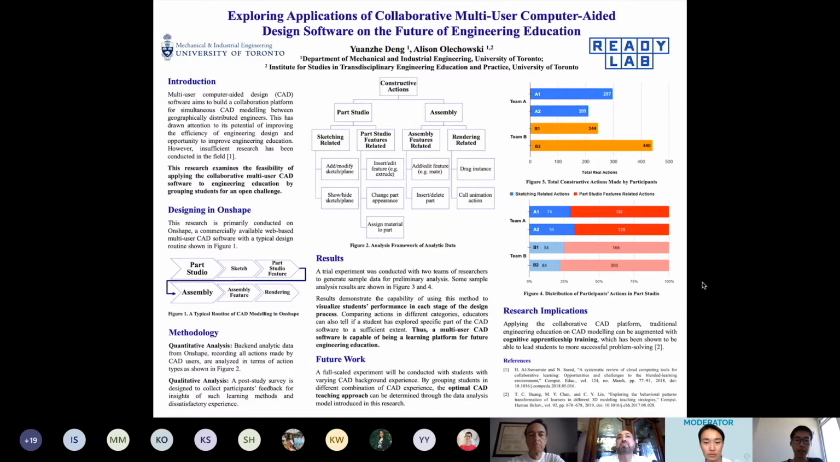However, traditional CAD software requires time-consuming file transferring between members of the design team. So this new multi-user CAD software builds a collaboration platform for simultaneous CAD modeling between geographically distributed engineers. We have paid attention to its potential of improving the efficiency of collaborative engineering design, and also its opportunities to improve engineering education, as CAD modeling and team collaboration are both important for engineering students to learn, especially in